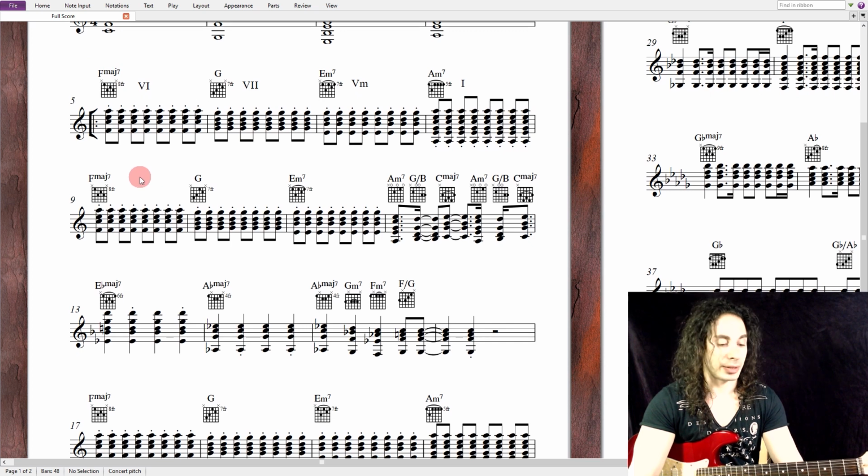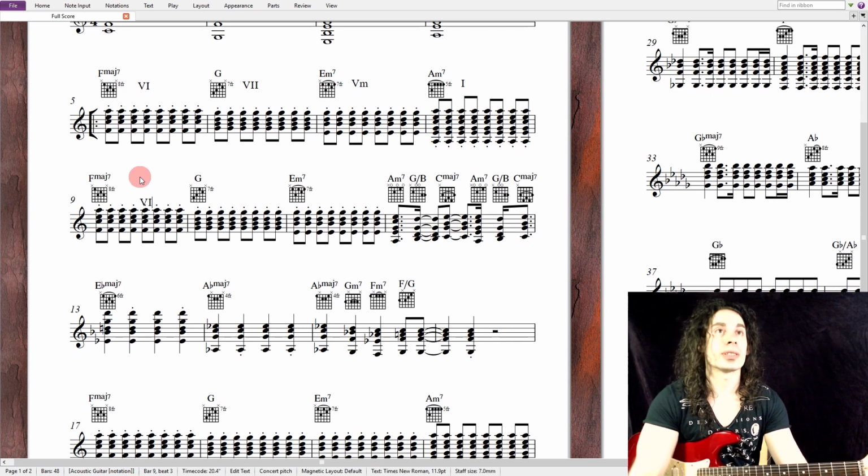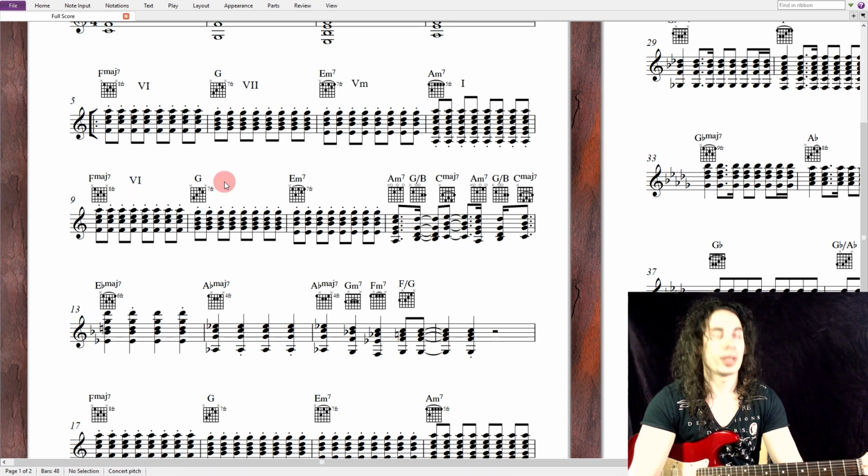And here again, F is the 6th, G is the 7th, E minor is the minor 5,